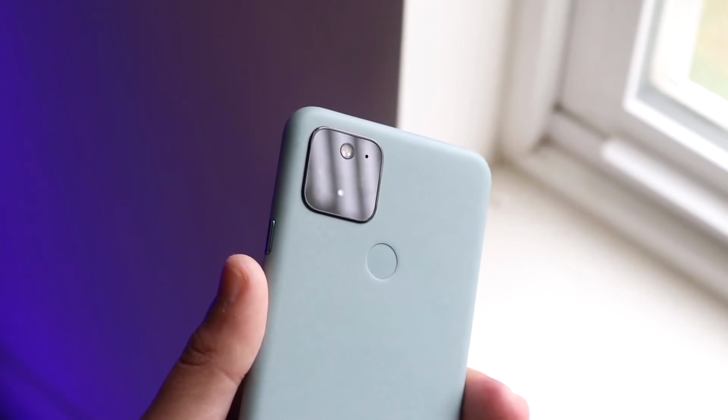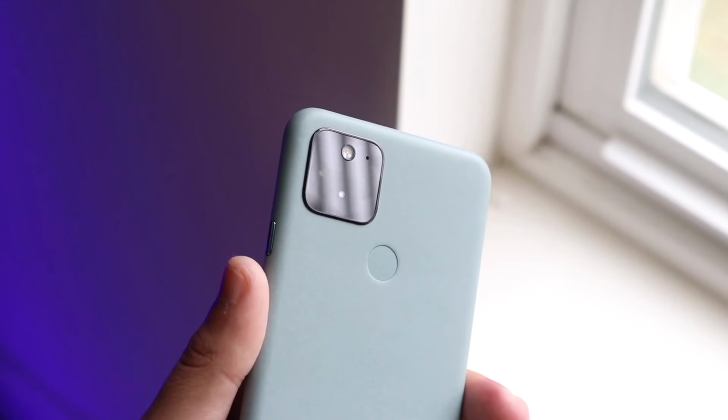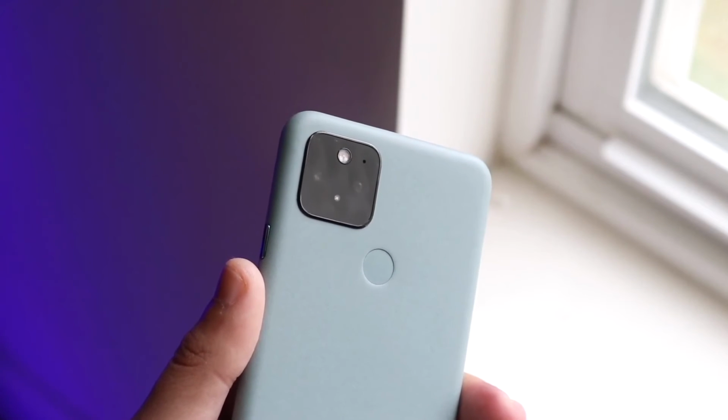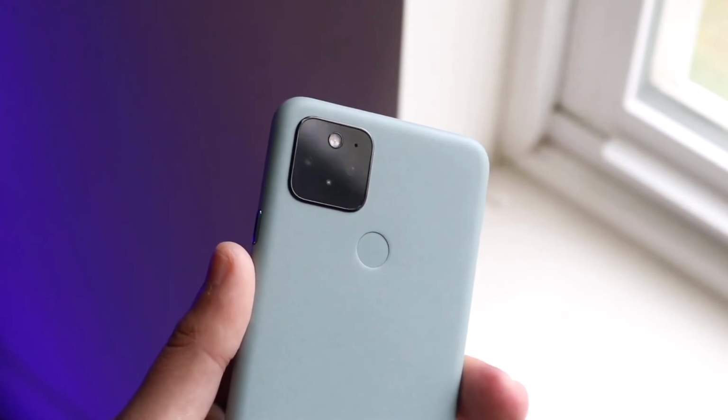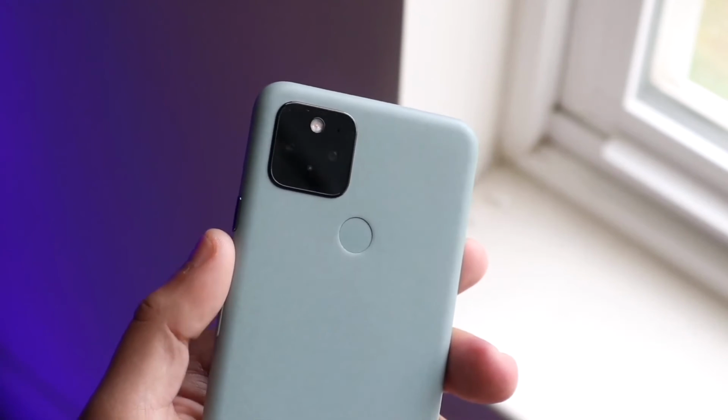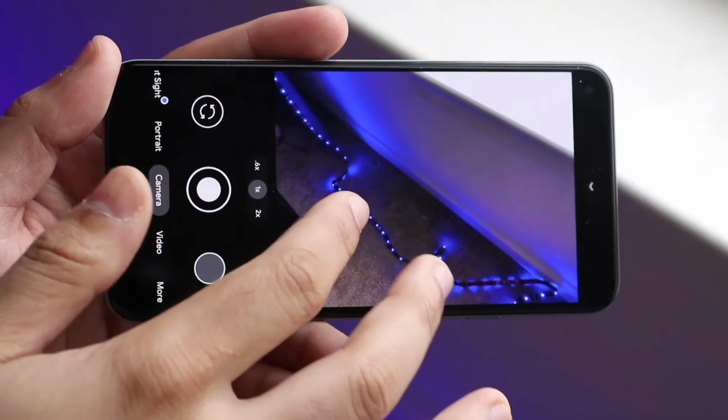So I will tell you, I like the phone. I just wish it had a better front-facing camera, and that may be one of the main disadvantages of this phone, because everything else about this phone is pretty good. It's just the fact with that front-facing camera. So in terms of that, there's really not that much to complain about there in terms of the camera standpoint besides that front-facing camera. Now moving